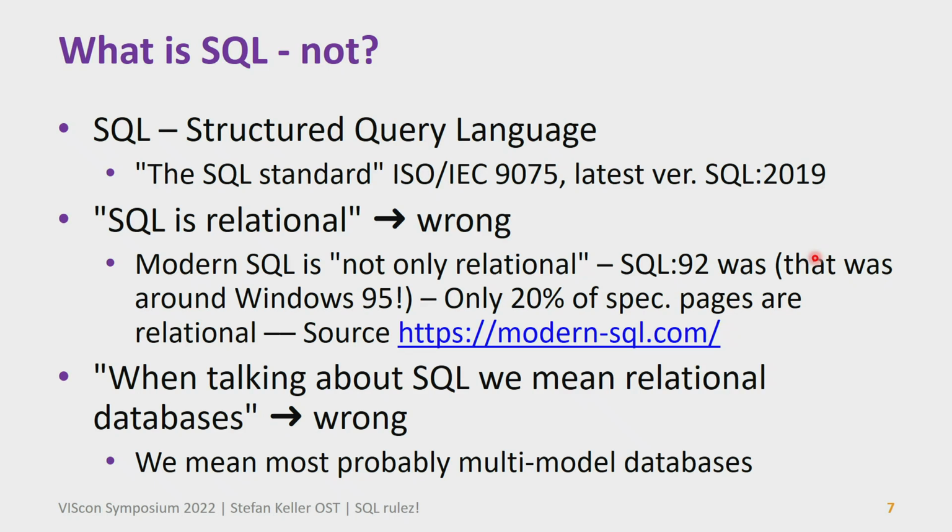I mean, SQL 92 was relational. And you remember 92? That was when they had Walkmans. That was the time when Peter Quill from the Guardians of the Galaxy, my famous notion about my students when I teach them data engineering, had this kind of Walkman. That was 92, and that was relational. Only 20% of the spec pages, around over 1,000 pages, are relational. I mean, that's a measure. You can question it, but at least 80% is talking about non-relational stuff. You can look this up at another guy I like, Markus Winand, at